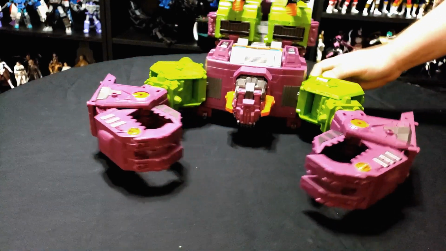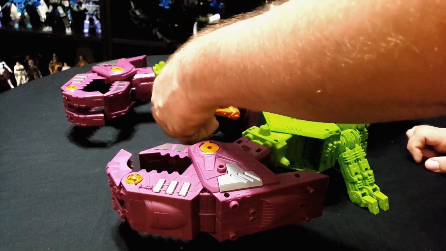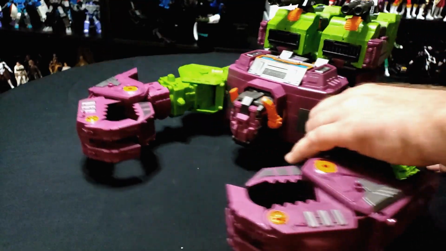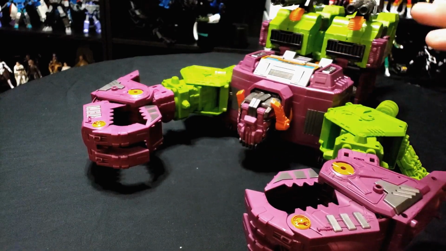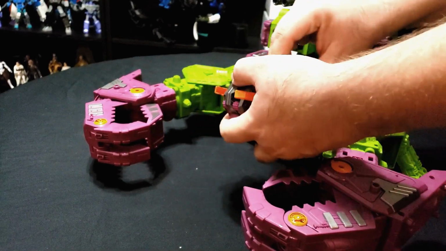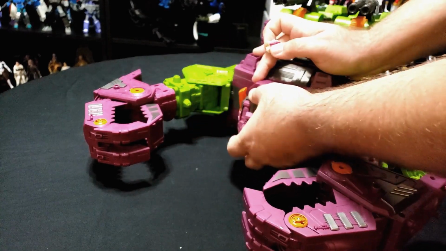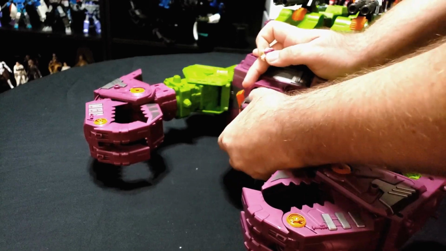And then, like I mentioned before, you do get the red eyes on the head. You can play with these however you like, kind of tilting them up a little bit. I think that actually makes a little sense. And then there's one other thing you can do from here. You can pull that off, remove the Headmaster, try to plug that back in effectively,